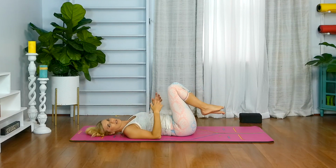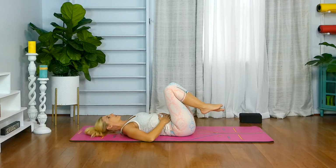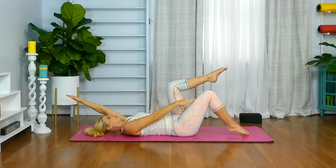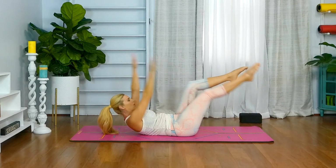So I want you guys to really focus on keeping that low back on the ground. Abs are engaged. You wanna make this harder, you're gonna lift the head. If you wanna make it easier, you're gonna tap the toes. All right, team, here we go. Inhale, exhale. We go 3,